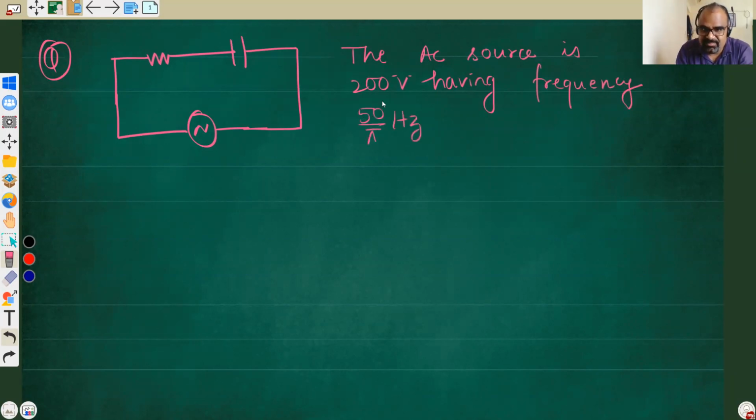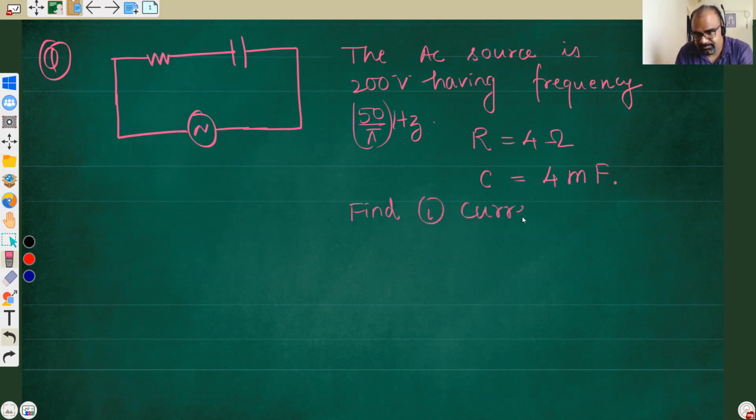Normally frequency is 50 hertz, but here I'm giving 50 by pi hertz because it will make the calculation easier. This resistance is given to be 4 ohm, and suppose this capacitance is given to be 4 millifarad. Okay, question is find